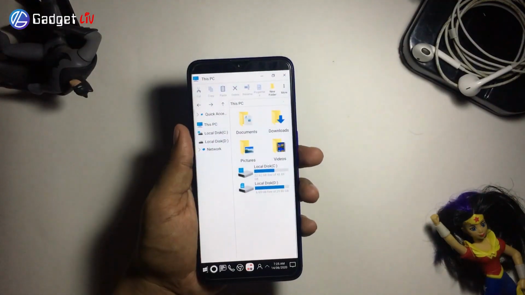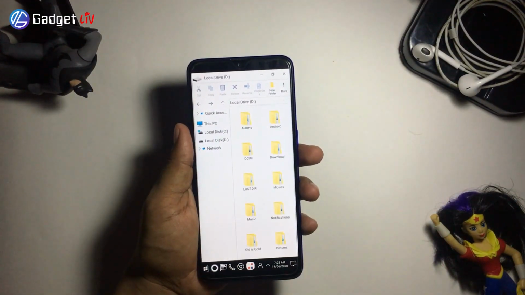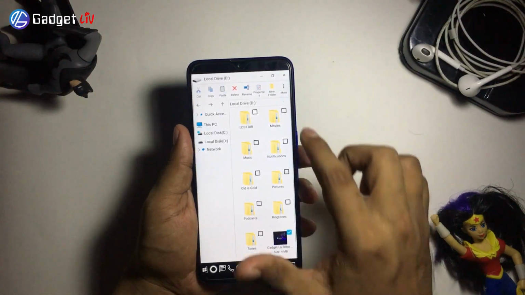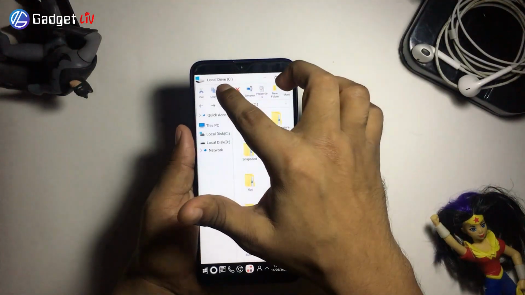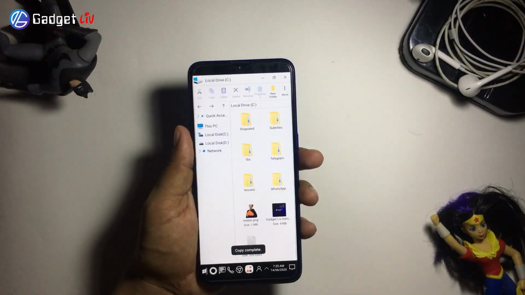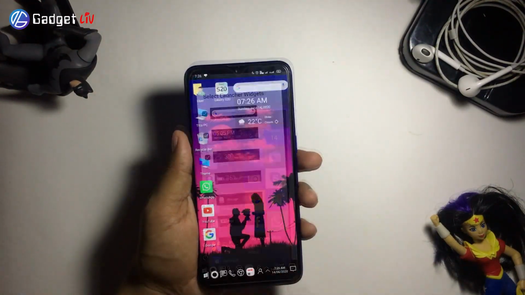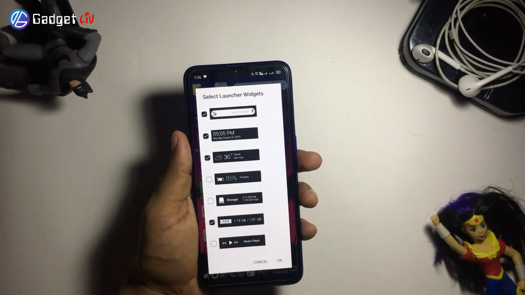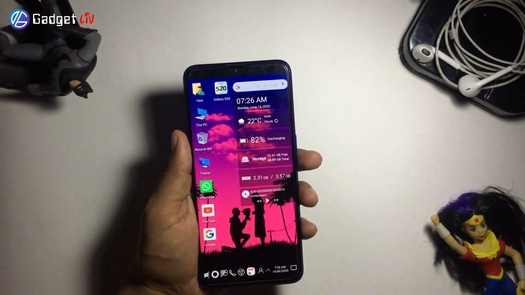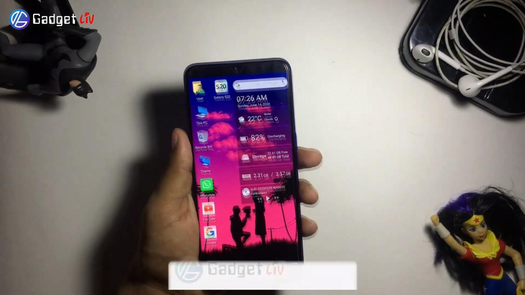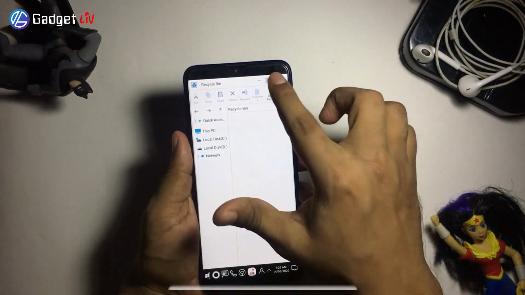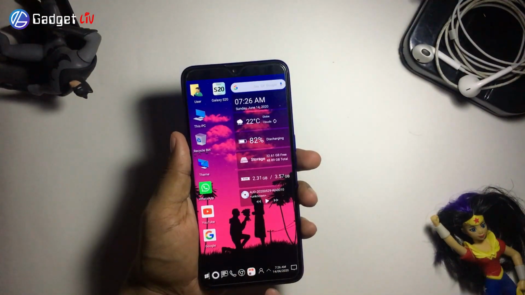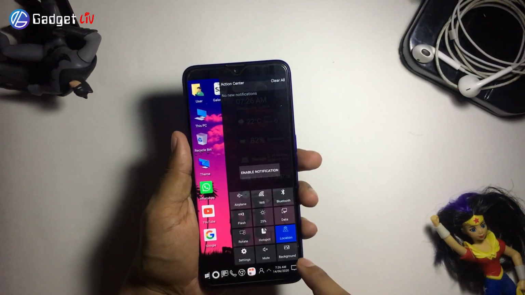The launcher also comes with a built-in file manager, which I tried, and honestly, it felt like I was using my Windows File Explorer. I also tried to copy paste my files from internal storage to microSD card, and it was easy to do that. Besides that, it also has its own set of widgets like a clock, weather, battery status, RAM usage, and so on. There are many other cool features available that you can check by installing the app, and for the fun part, you can also fool your friends by showing them you have installed Windows 10 on your phone, and if they are not tech savvy, they might even believe you.